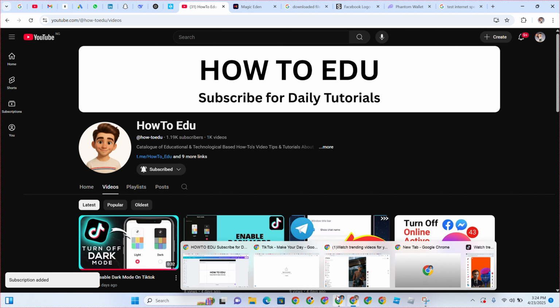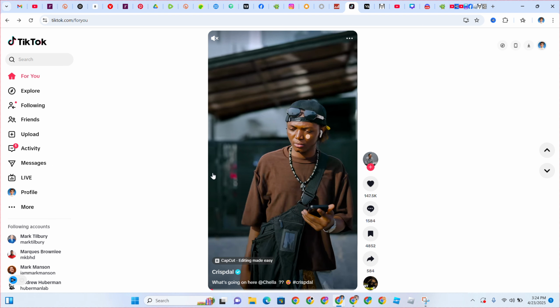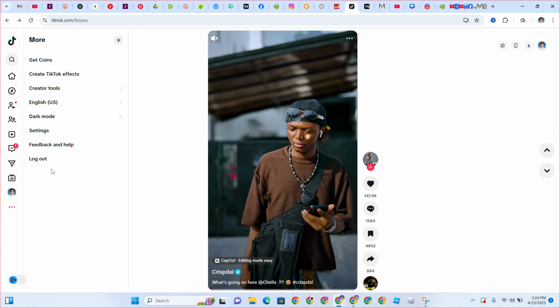Head over to your TikTok, right? This is our TikTok right now. So just click on this more, right? Click on this settings from here. Wait for it to gradually load up, right? So if for any reasons you love to private your TikTok account, for any reason, this is basically how you